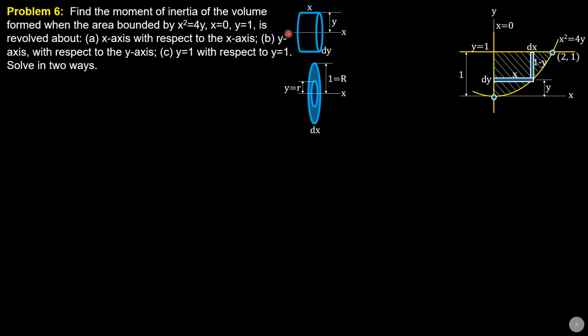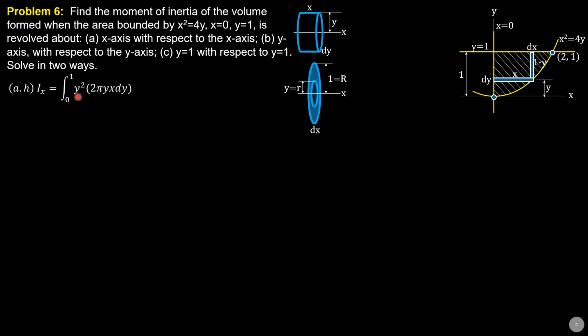So consider this first: I with respect to the x-axis is radius squared, y squared, integral of y squared, limits 0 to 1 because the variable is y. The differential volume is 2 pi y times x times dy. So Ix equals integral 0 to 1 of y squared, 2 pi y x dy,